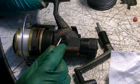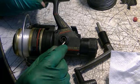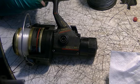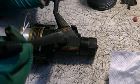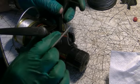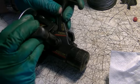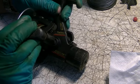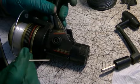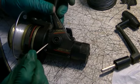Well, here we are. We're back. Here's the reel, and hopefully you can see this. This is where the winder will go in. This area here is where the play is. If I put the handle in, maybe you can see this. I don't know. Let's have a look. See it? I'm in the way. There you go. There's a little wiggle there. So I'm going to eliminate that by filling up this area here